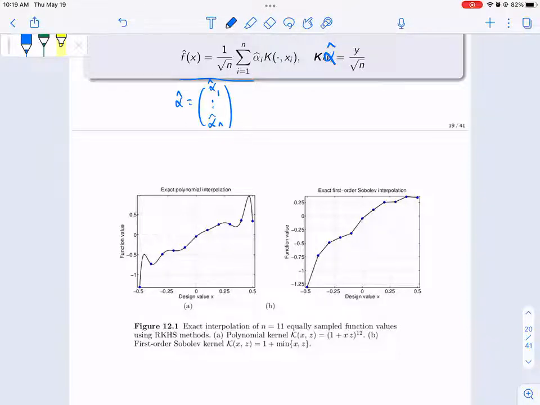And if you do it with the min kernel plus 1, if you add a plus 1, we'll talk about this, this would just free the boundary condition. So you now have f0 can be anything. So with this kernel, you'd get this interpolation. And it's easy to see from this